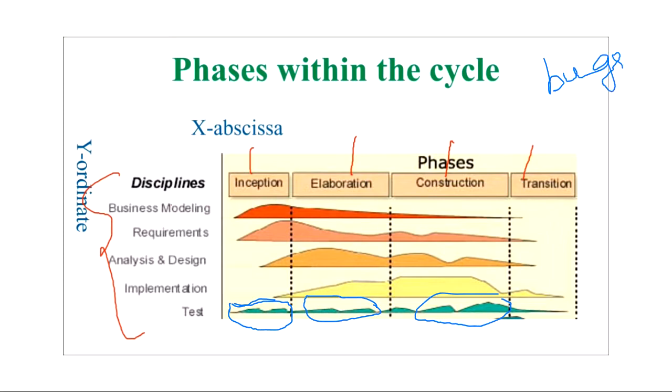So in the inception part, as per se, you will not get bugs. Bugs you will get in the construction and transition phase, between which there is a bug cycle. There is a bug cycle between actual coding and the testing part. The developers interact with the testers. They write code, testers test them. If there is any bug, it is sent back to the developers. Again, developers will write the code and send it to the tester. This is a bug cycle.